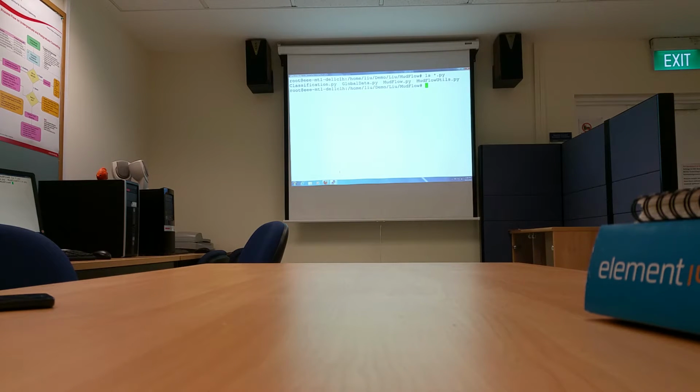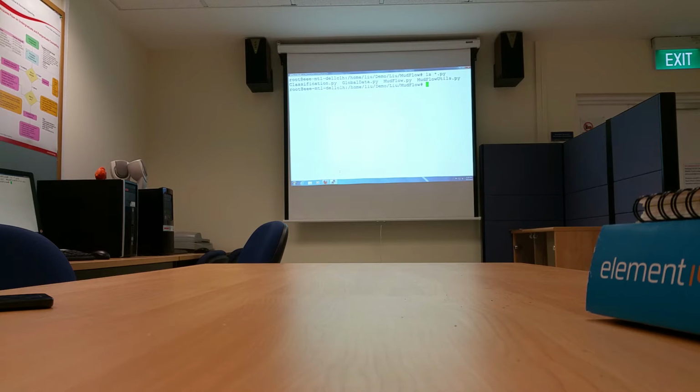Okay. So inside the MUDFLOW folder, there are four py files. The only one used to generate features and for classification is mudflow.py. The first, classification.py, is called in mudflow.py to classify all the feature files. So it has only the machine learning portion. Yes. And mudflowutils.py has the configuration files loaded